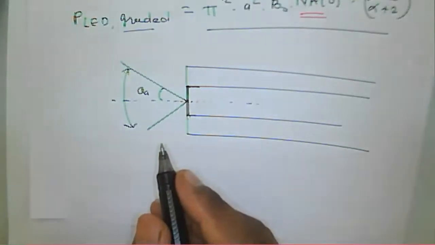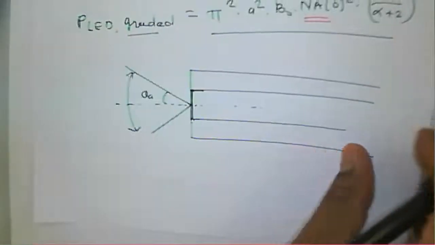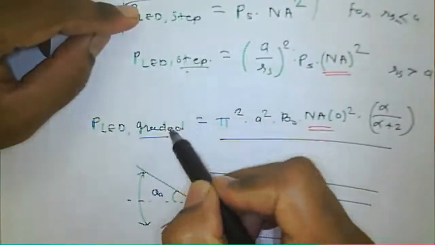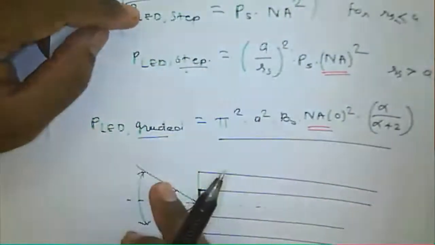So we should know the source and what type of fiber, because the step index and gradient index profiles are different, and the number of modes are different. And then another factor to be considered is the dispersion,